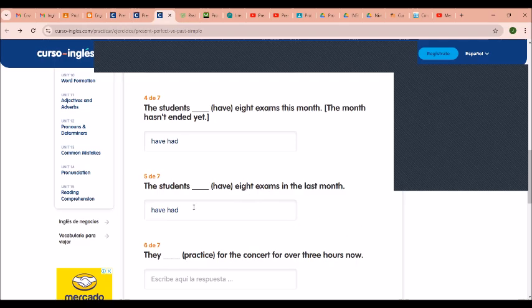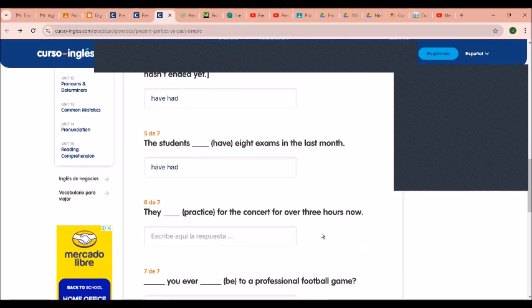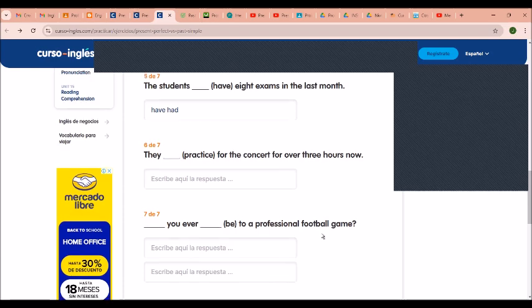One more time, Jose Ivan. The students have had 8 exams in the last month. Good. Right. Let's continue with Naomi. Number 6. They have practiced for the concert for over 3 hours now. Yes, indeed. And they might practice some more. Indeed. Fernanda